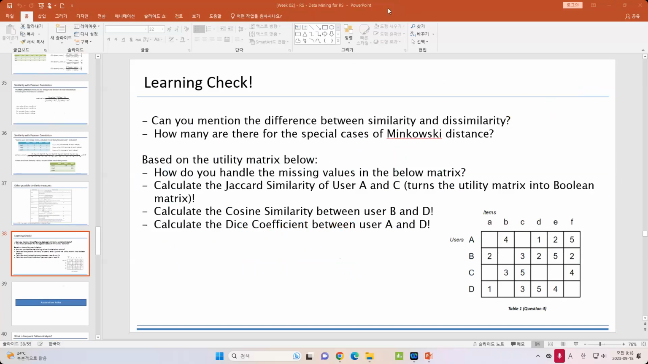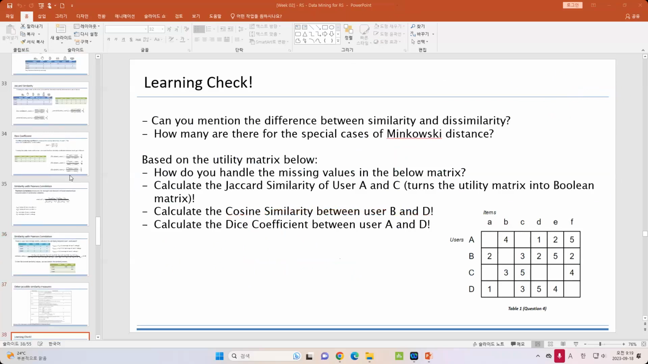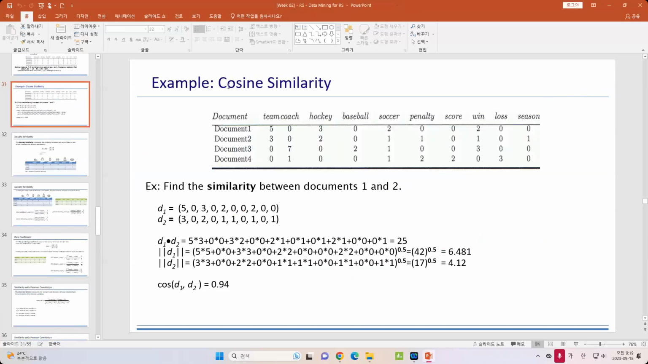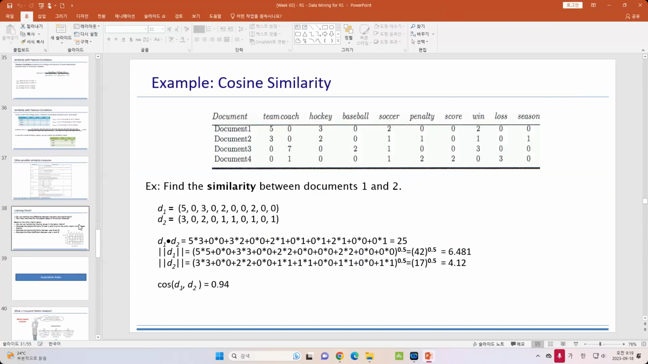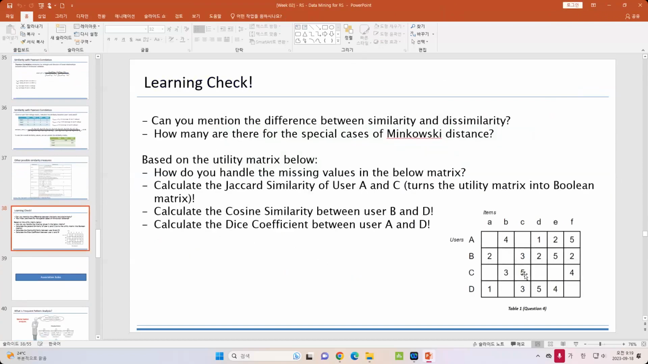Calculate the cosine similarity between user B and D. If we calculate the cosine similarity, it means we will use the real value. If you still remember the problem in this cosine similarity, we use 5 and 3, 0, 0, 3, 2, and so on. In this case,